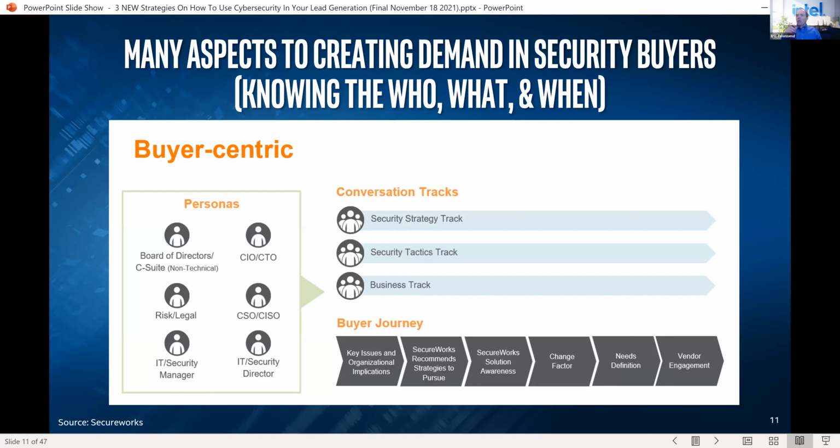And I'll just tell you, this is probably one of the biggest takeaways from today, is that a lot of marketing activities you do for managed services, it's different for security. So I just want to say again, when we've done classical marketing in the past, talking about, there's this ongoing support you'll get 24/7. You can have maybe a device as a service. When we talk about security, it is different, because the personas are different, the conversations are different, right? And then as far as their journey is different.